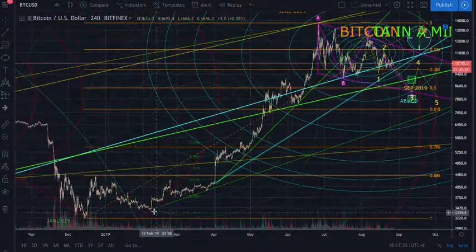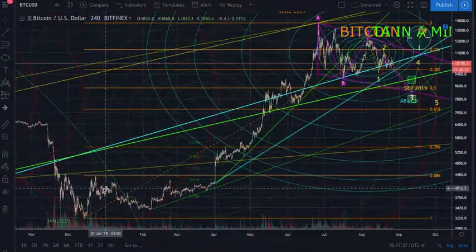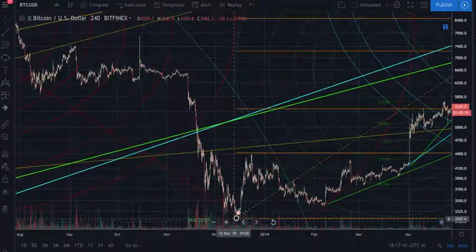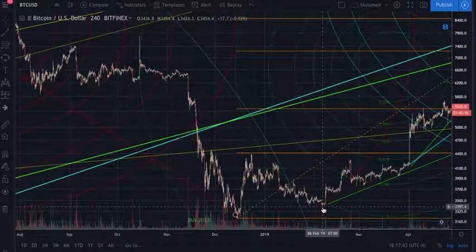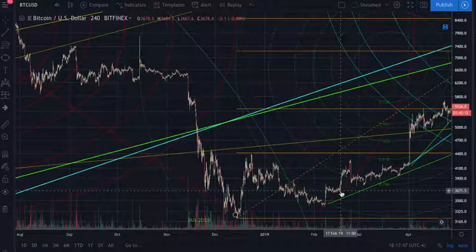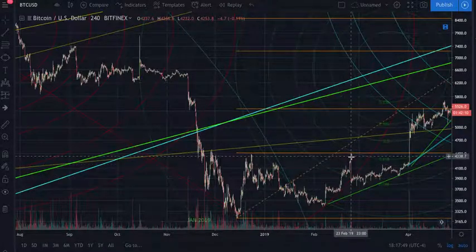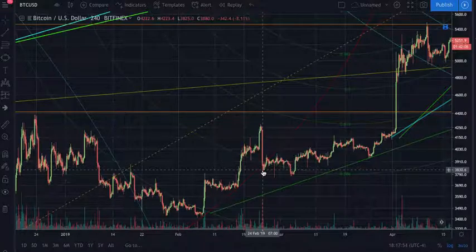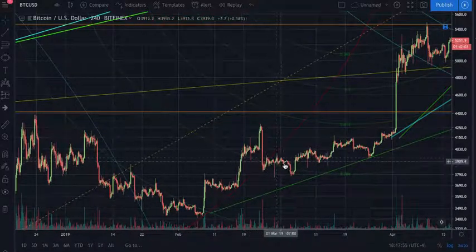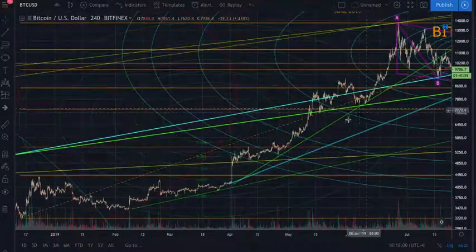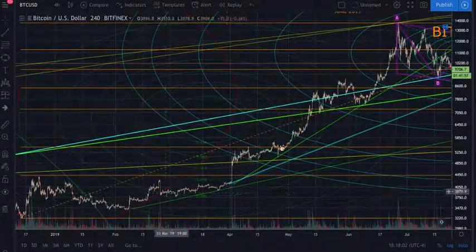You see, and this is undeniable proof, I don't care what you say, look right here at this low, we came up, look at that, we touched the fib circle, we came up, we came back down, what did we do? We touched the fib circle, came up, dumped down, and when we dumped this time, we broke through it to the downside, came up, touched it, and then finally, once we had broken through that fib circle, that was the beginning of the rally. But that's an undeniable interaction with that.